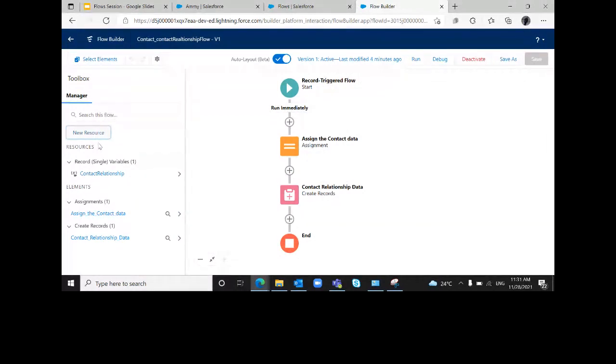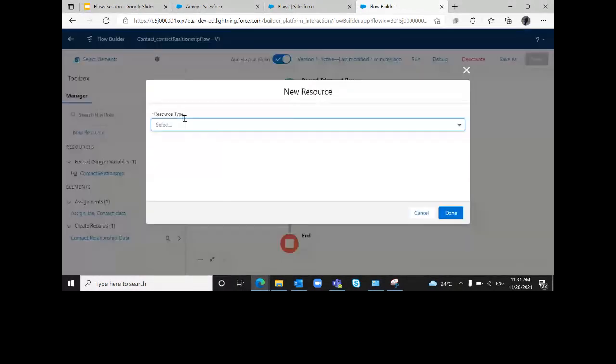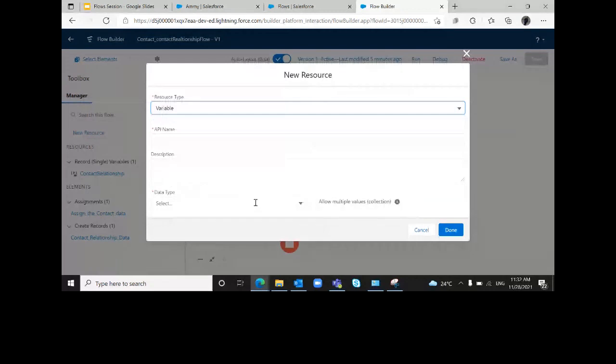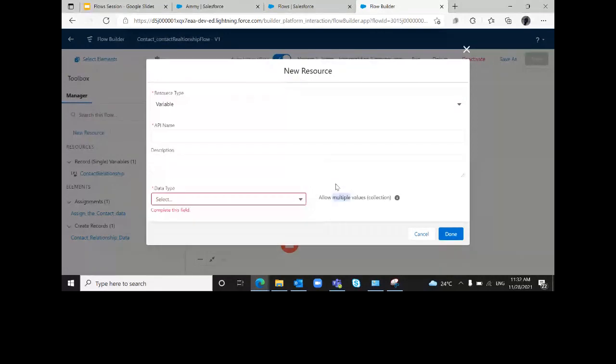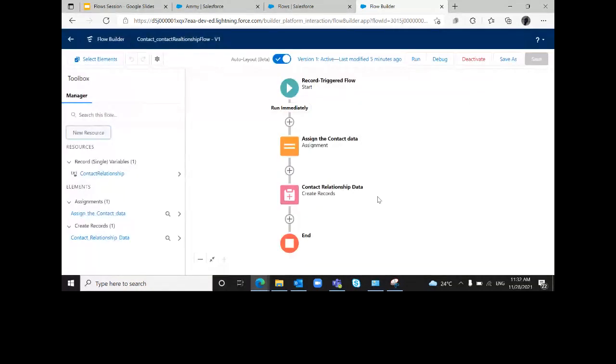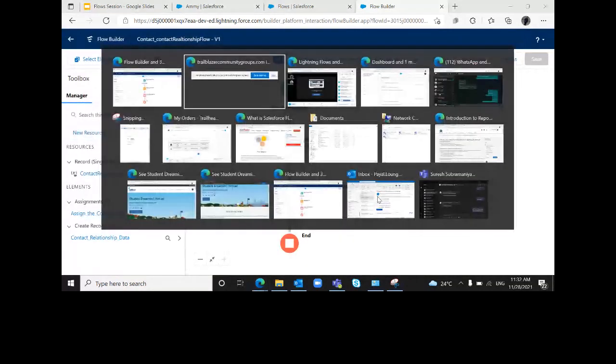Okay, so when I click on resource, you can see there are a number of things in resource type only. We have variable, constant, formula, text, template, and stage. If I click on any of these, we also have some data types. If I want to select an Apex class, I will create all the functionality in Apex, and whatever is possible in flow, I will make in flow, and then we can invoke it. So all of these functionalities are the best things in flows. I hope that answers your question well.